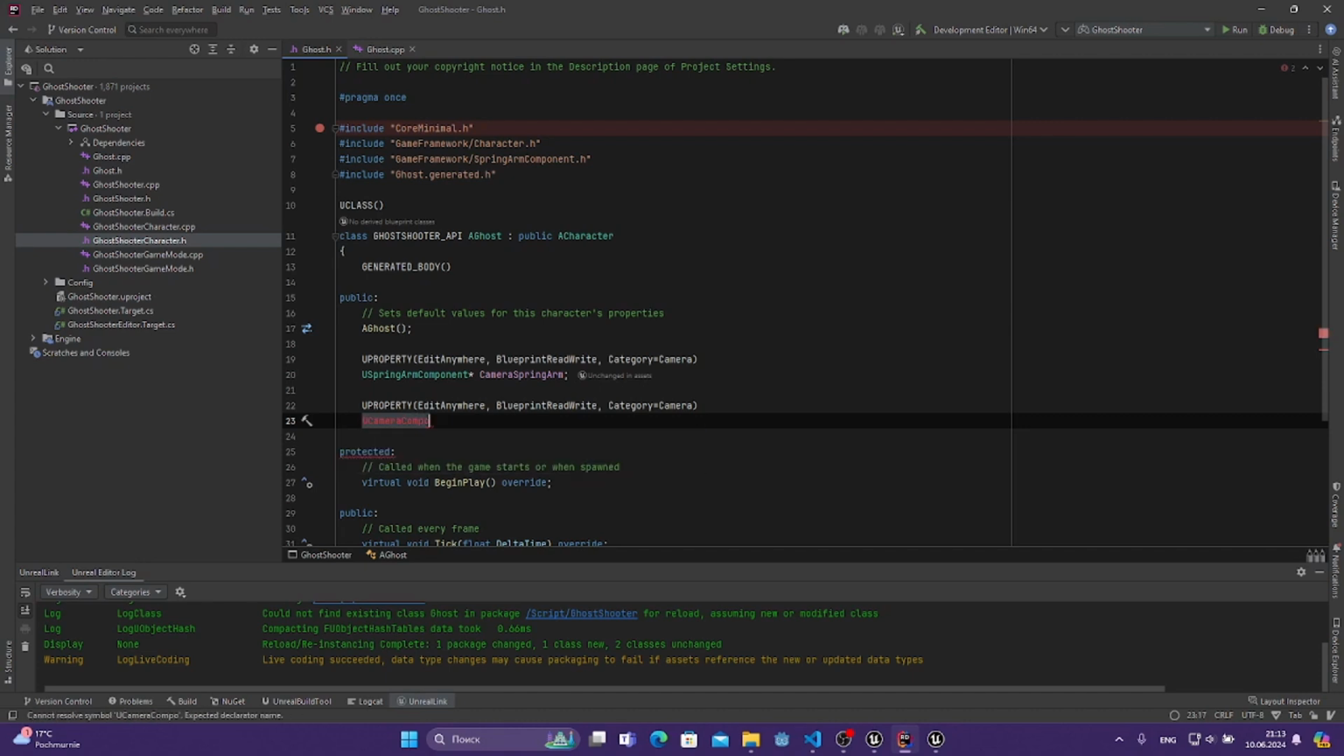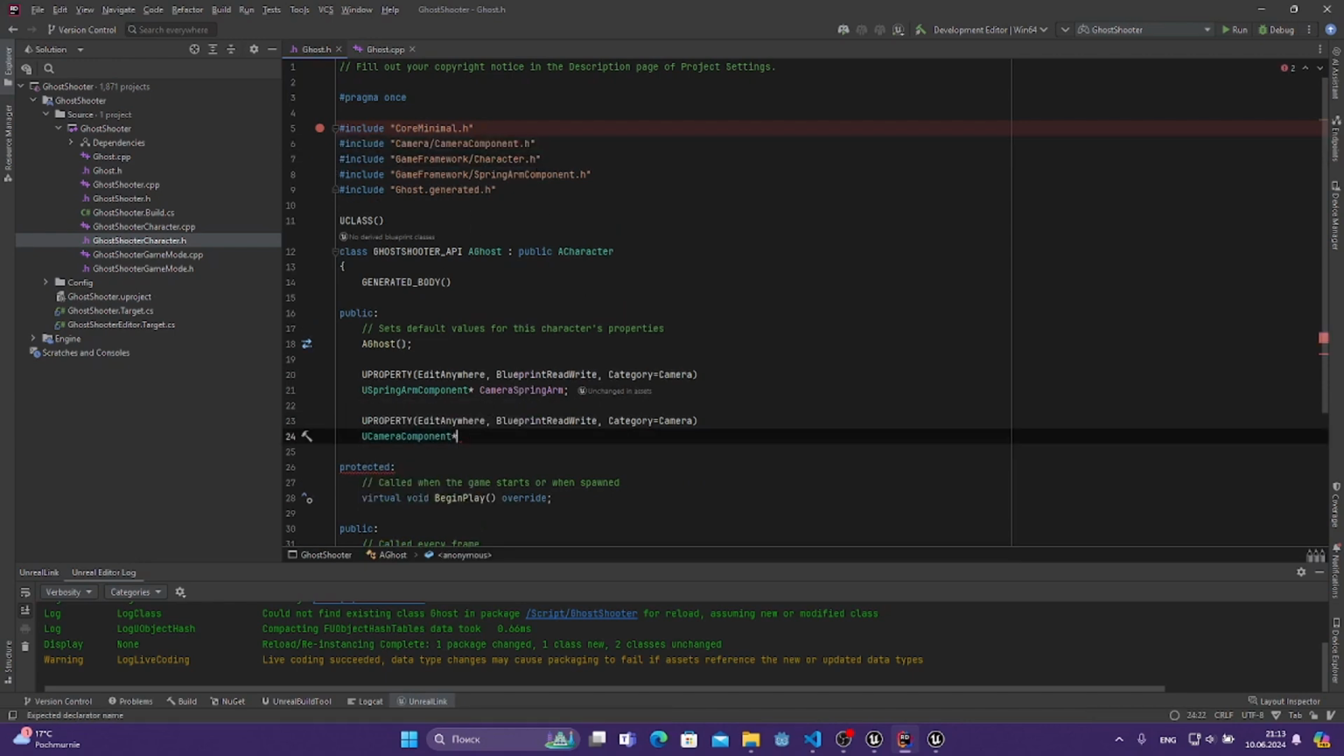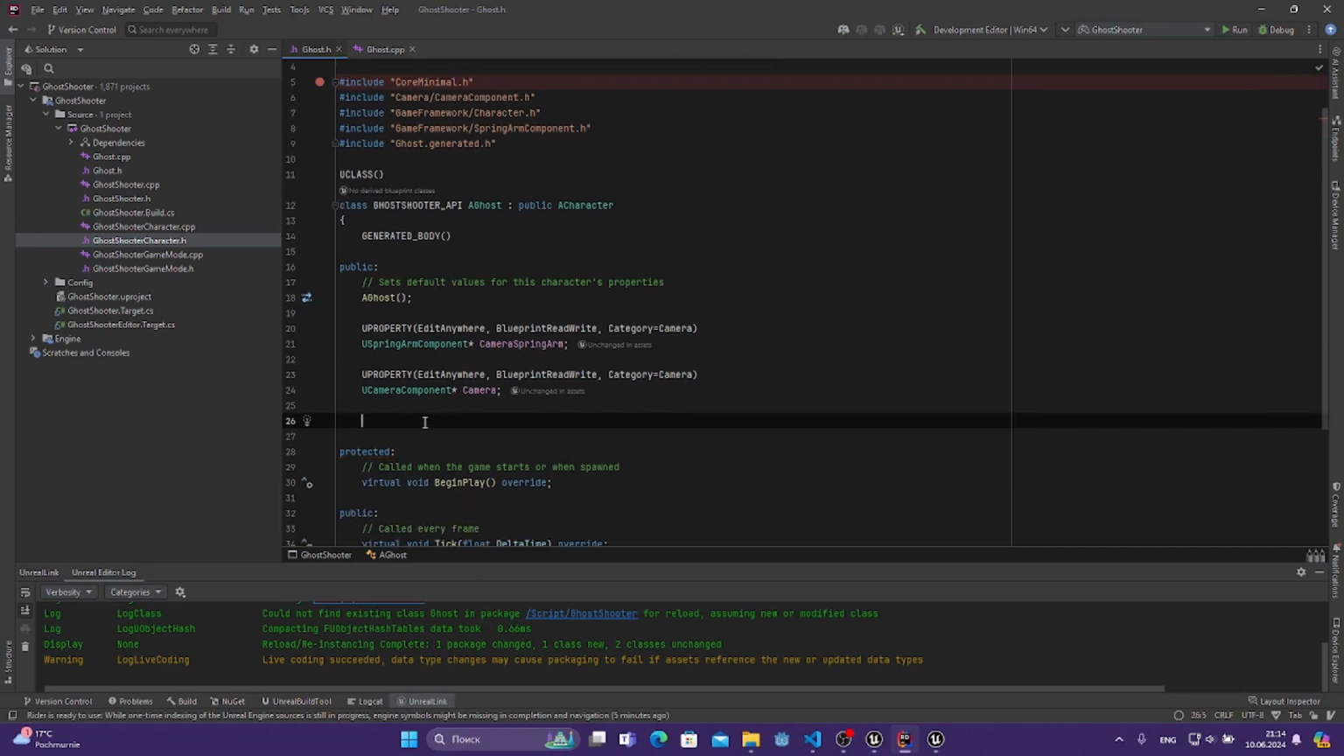Component. And include. And gonna be camera. Next, we're gonna add enhanced